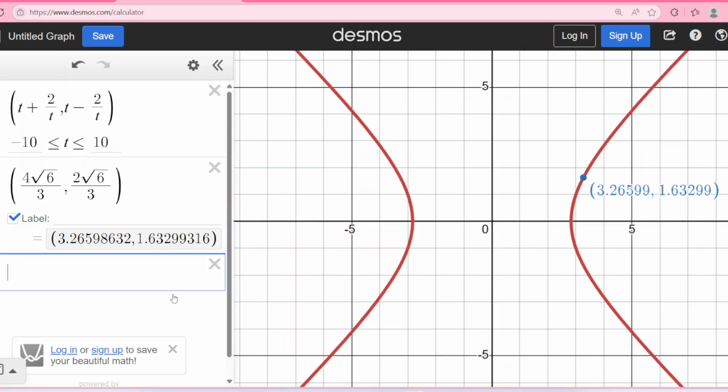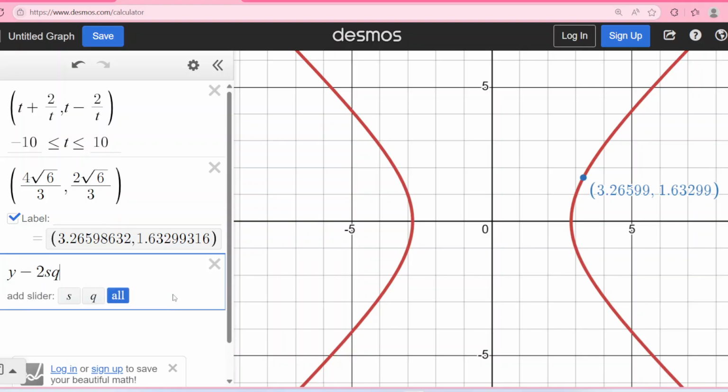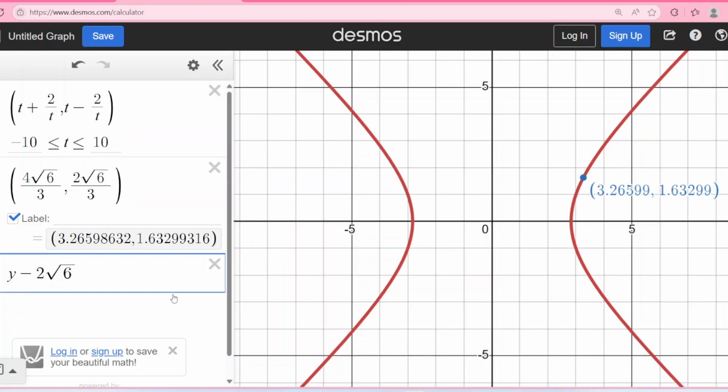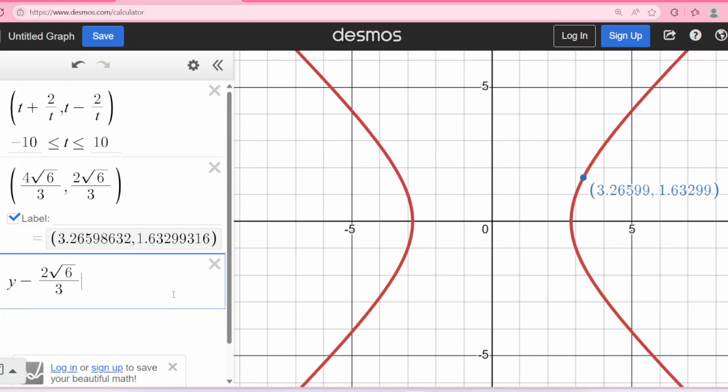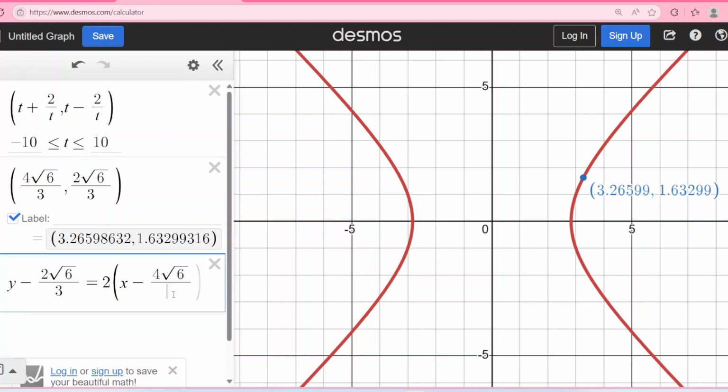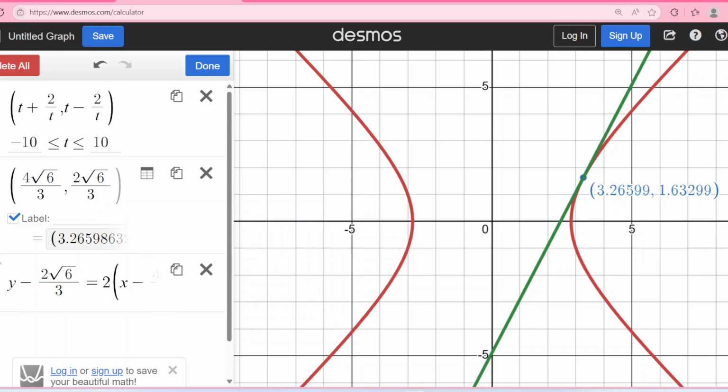So I'm just going to put it in point slope form. So y minus 2 square root of 6 divided by 3, y minus the y coordinate of our point equals the slope. And we said the slope should be 2 times the quantity, and then x minus the x coordinate of our point, 4 square root of 6 divided by 3. Right? And look at that line that just popped up there. Maybe I'll make it a dashed line